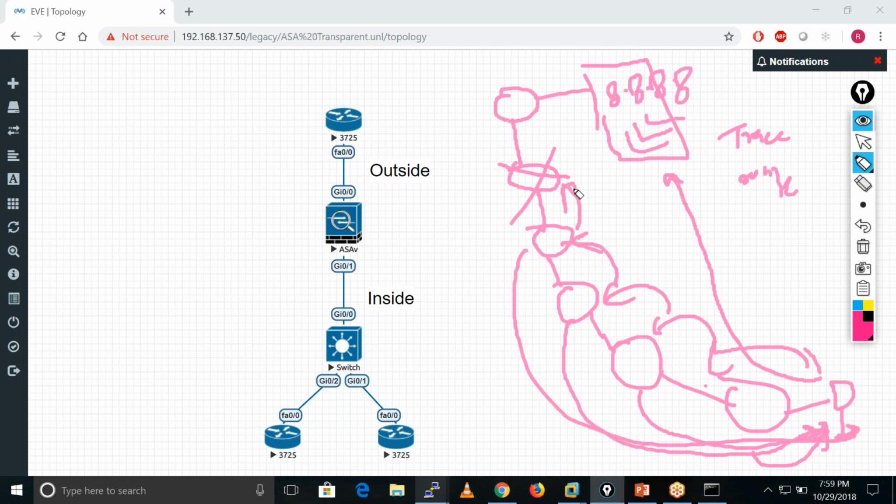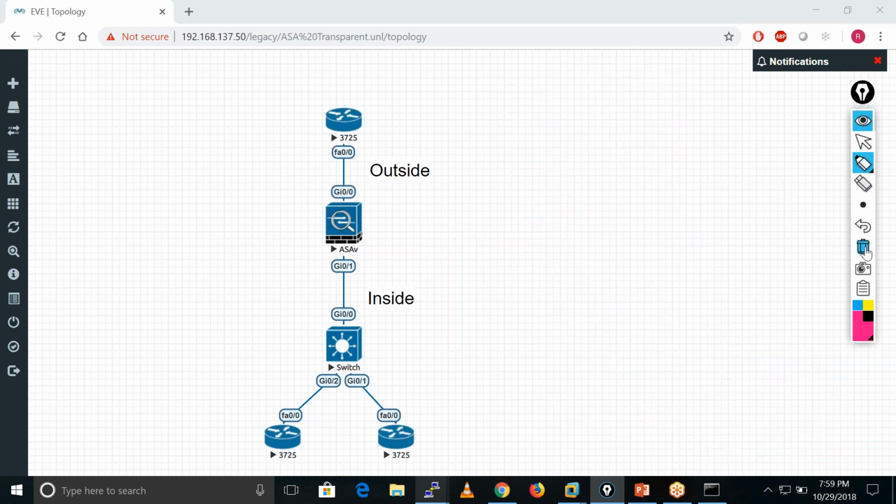When the request goes to this guy, it is not available, right? So we don't get any kind of reply, and in that case we get the unreachable message. Then we know there is a problem in our path. That is the way we can find out which device has a problem in our path. That is the only way to find that out. Okay, let's get back to our topic now.